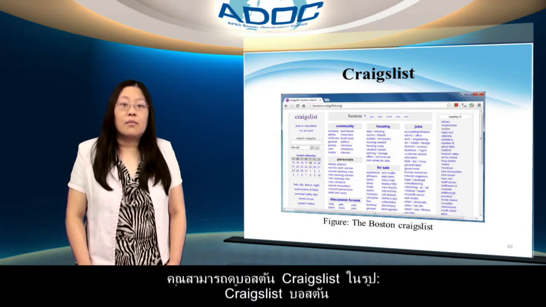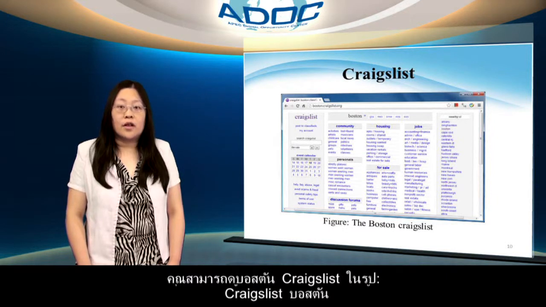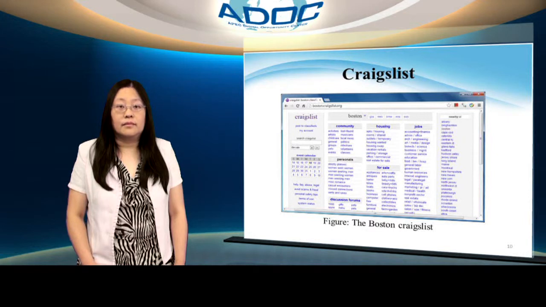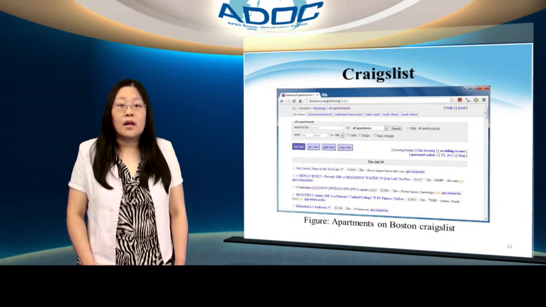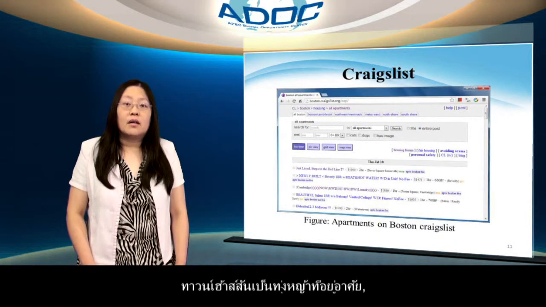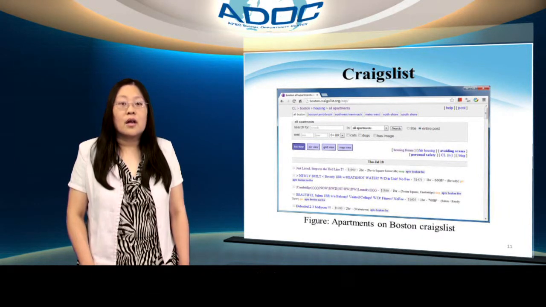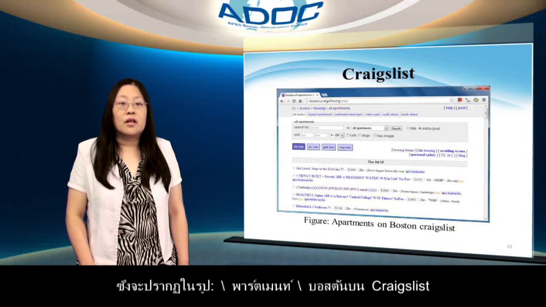You can see the Boston Craigslist in the figure, the Boston Craigslist. Meadow Ridge down houses are housing, so click the apartments link under the housing heading to scope out the competition, which appears in the figure, apartments on Boston Craigslist.